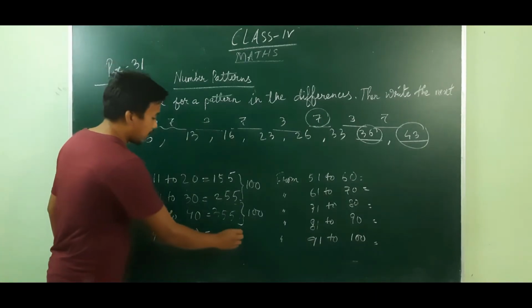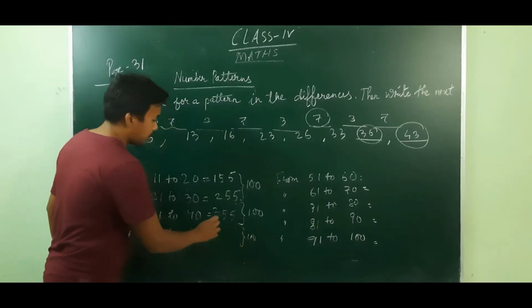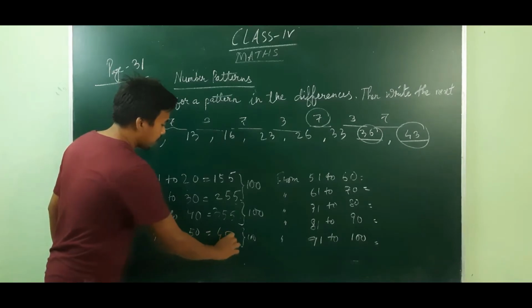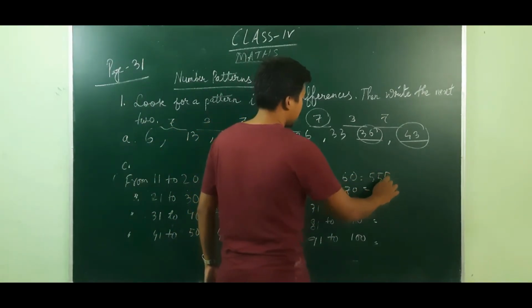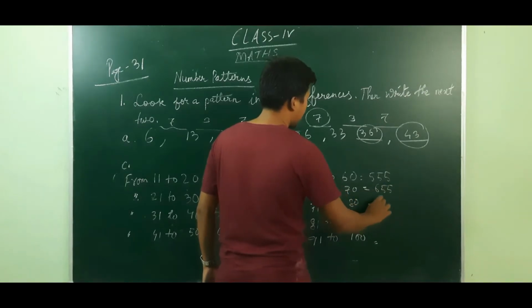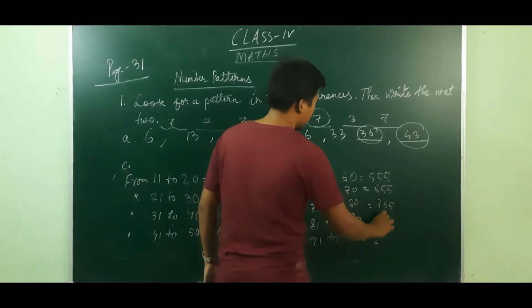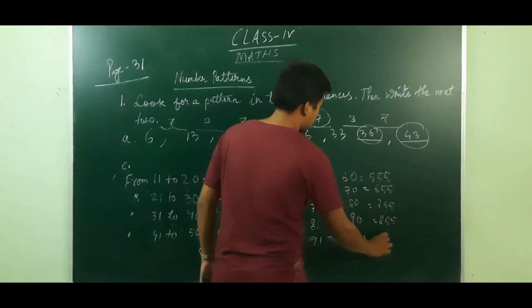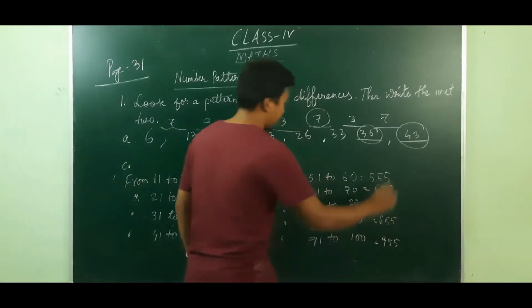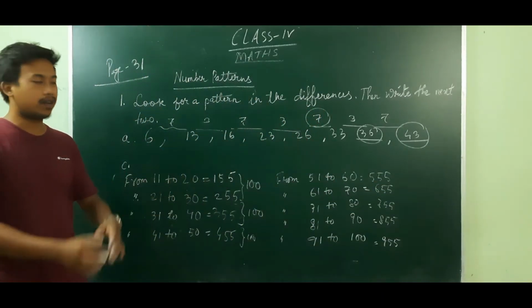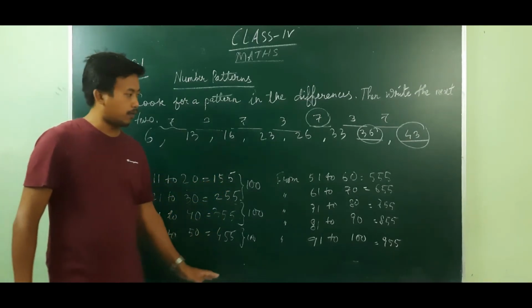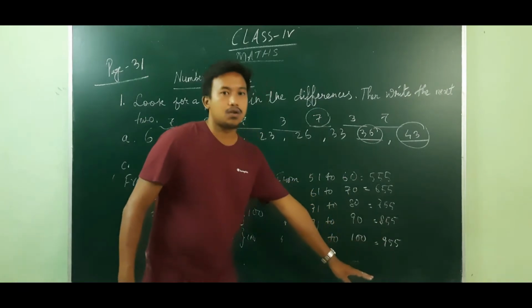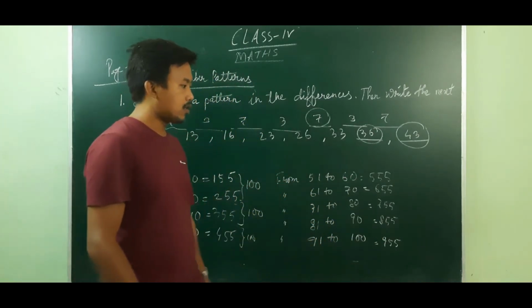The next one again it will be 100 more. That is 355, then 455. Just like that, 455, 555, 655, 755, 855, and 955. That is just, if you add 100, 155, 255, 355, 455, 555, and so on. I think you understand.